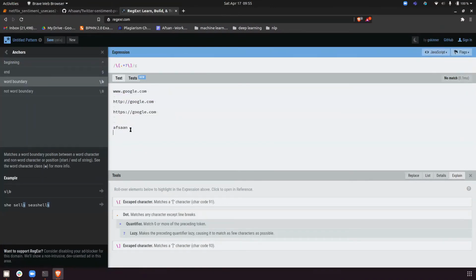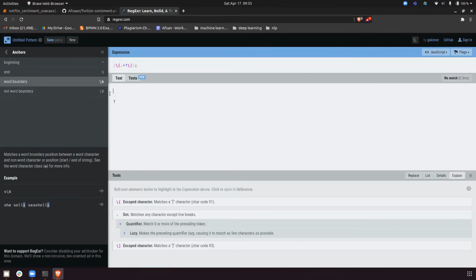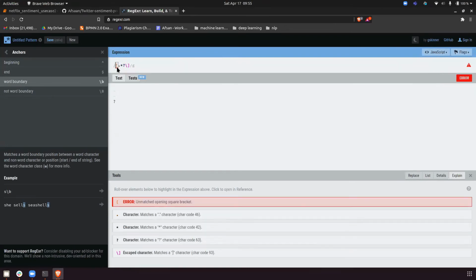So if you find anything like star, so you want star or dot or question mark. If there's a question mark, this is not working. Can anyone tell me what is wrong here? So I just remove this. I think the first slash is the problem. If you remove it, it should pick it up.